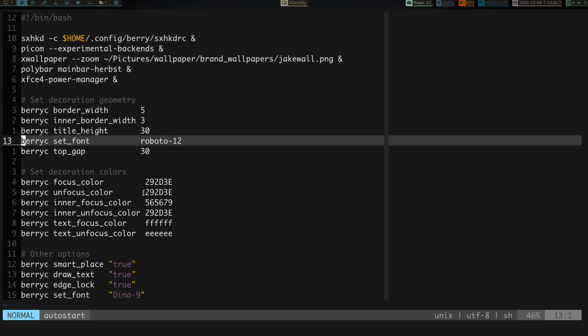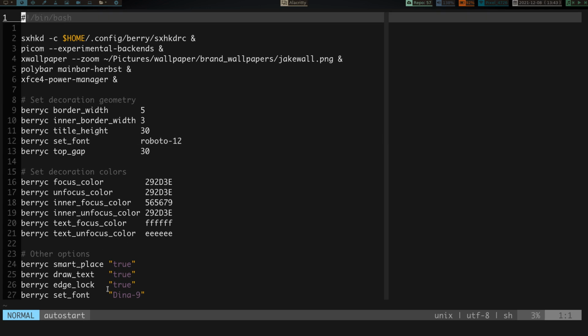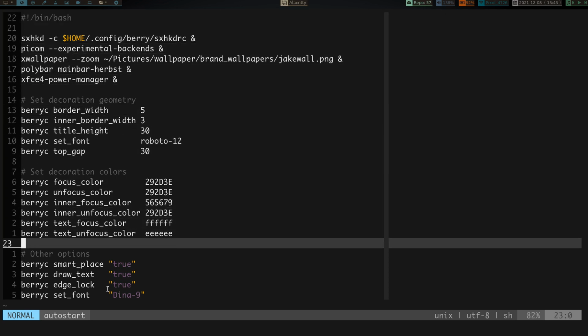Then we have the focus colors. The unfocused color, basically the same thing as anything else for a focused window and an unfocused window, but we also have an inner focus and unfocused color. And then we have a text focused and unfocused color. And then we have the draw text, the edge lock, and the set font. The edge lock is so you can't basically go off the screen, and the set font is